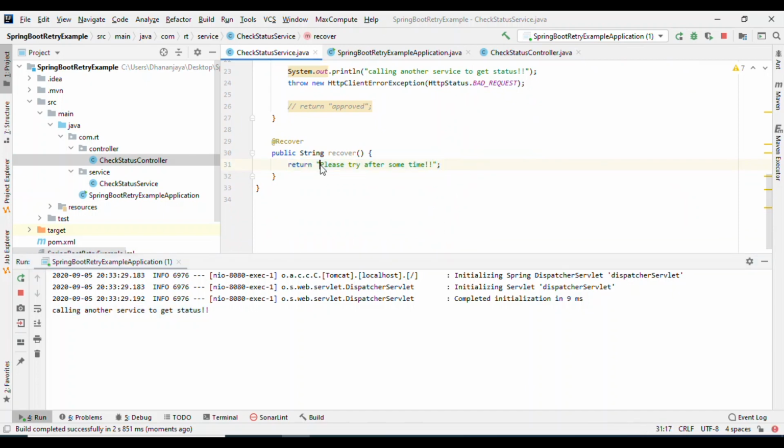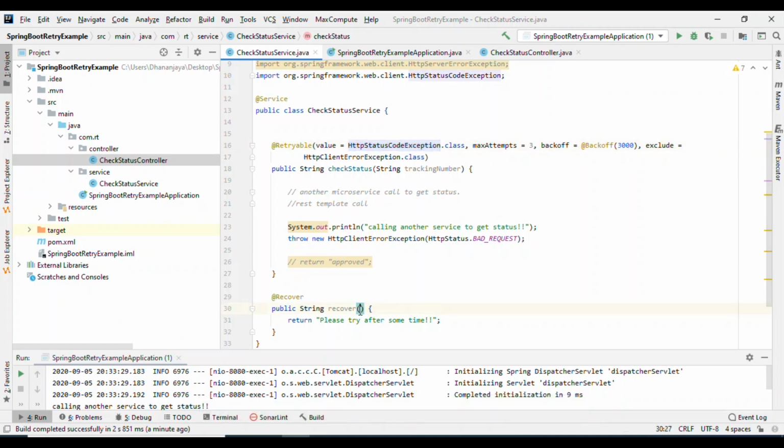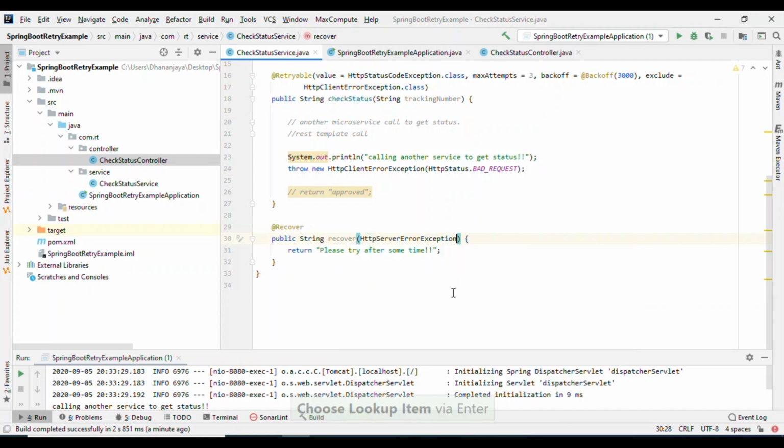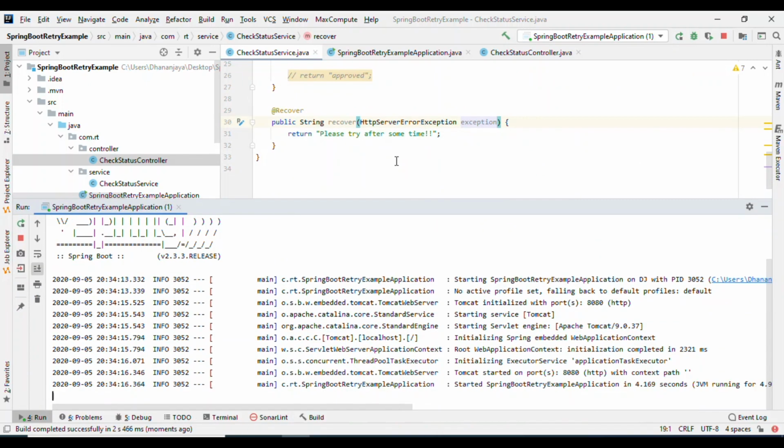This we can handle in a different way: if only the server error comes, then only it will handle. That we can write here. Let's say whenever the server error exception comes, then only handle this one. Let me try here.